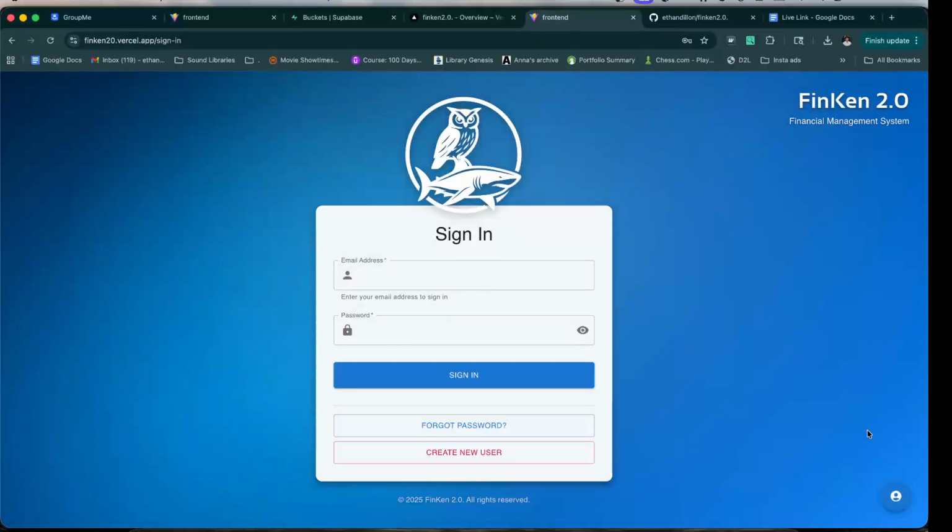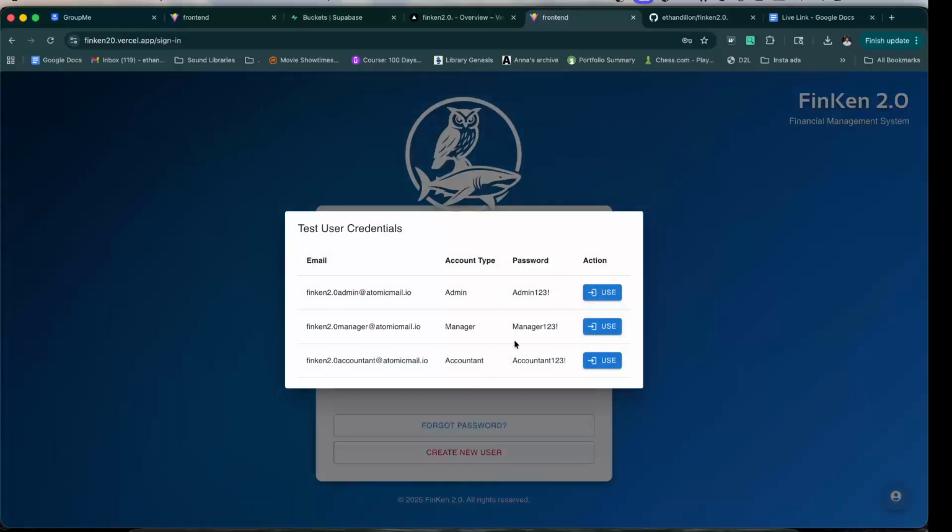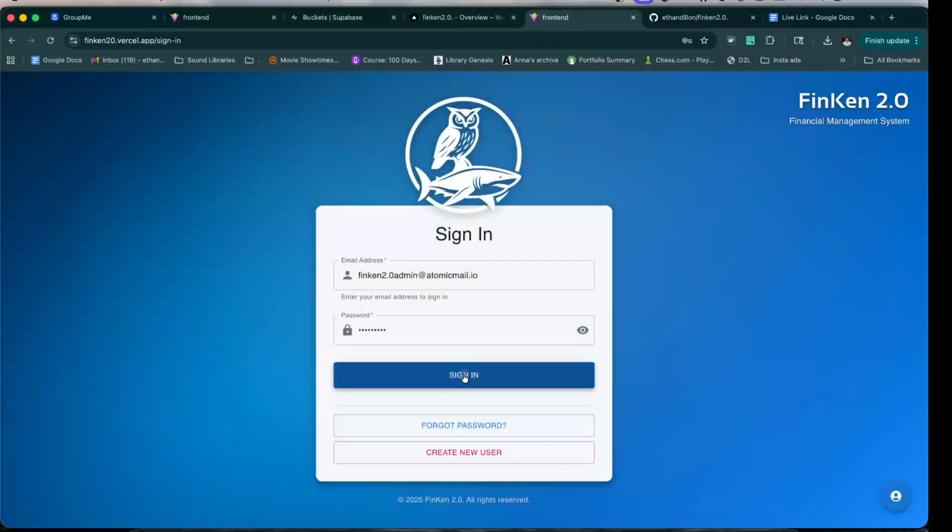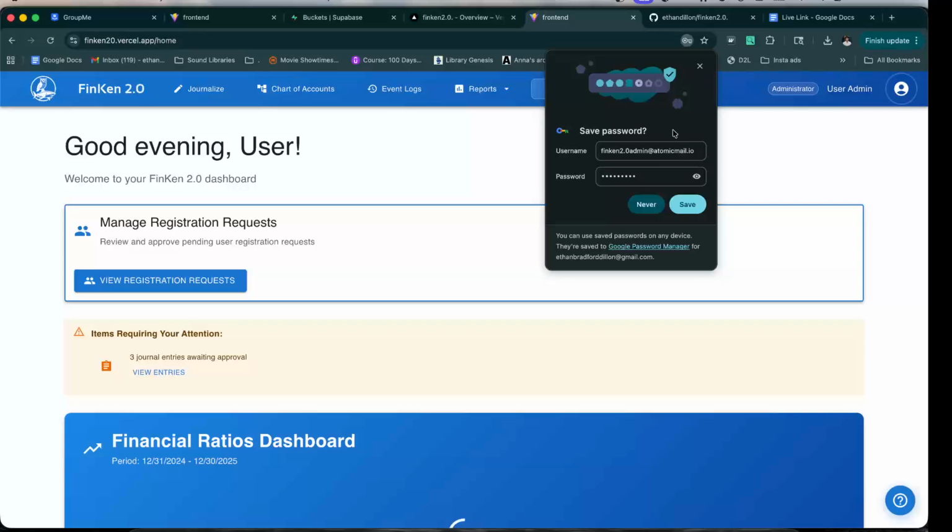This is the landing page, or this is the sign-in page for it. If you click this right here, you can view some test user credentials. So I'll show you the admin view first. So if we just sign in with that,